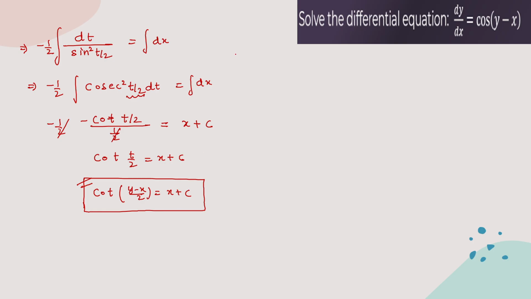Let's go for the next then. Next, now we are going to understand about the reduction, or we can say equations which are reducible to the variable separable form. It means that while looking at those equations, they will not be in the format of variable separable, but we will do some modifications, or we can say we have to convert them into the variable separable, just like in this question.